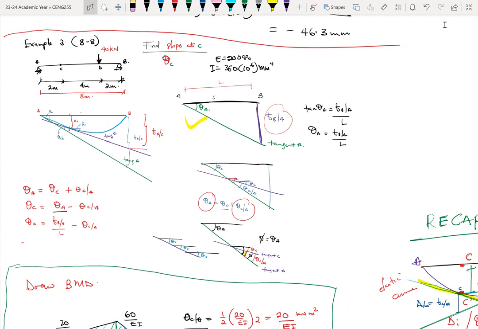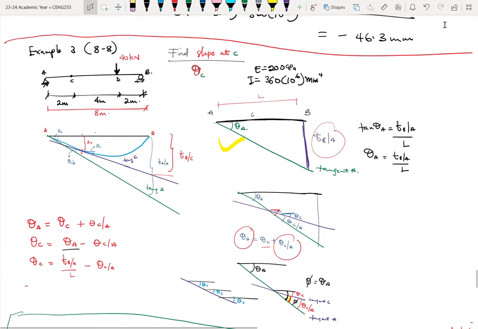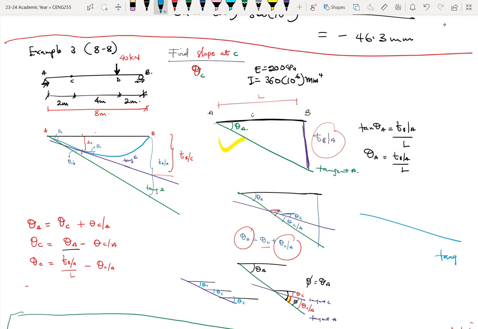And point D is where the load is applied. Okay. From here, we are asked to find the slope at C. All right. So the slope at C is the angle the tangent at C makes with the horizontal. Okay. So if I draw this as my tangent at C, or tangent passing through point C, that's actually the